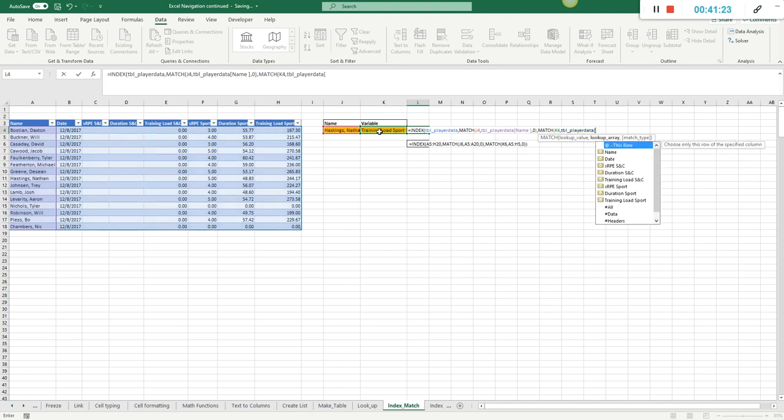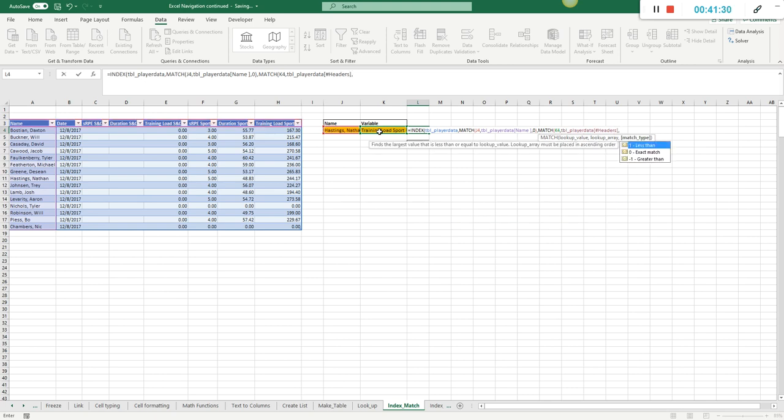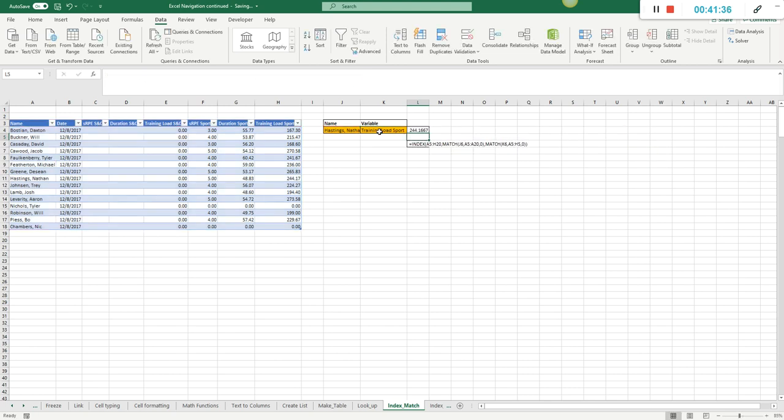We want to look it up in the headers. Exact match. One more parentheses, enter, and there we have it. Again, that way is a little bit more advanced, but it will help you once you start doing different tables on different